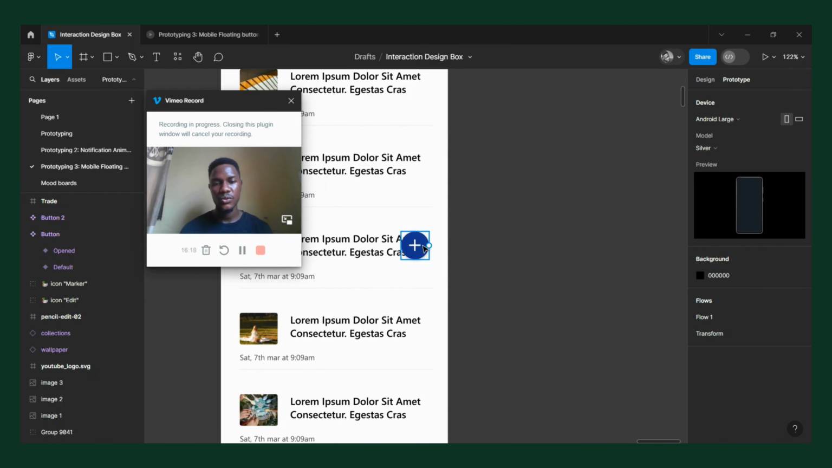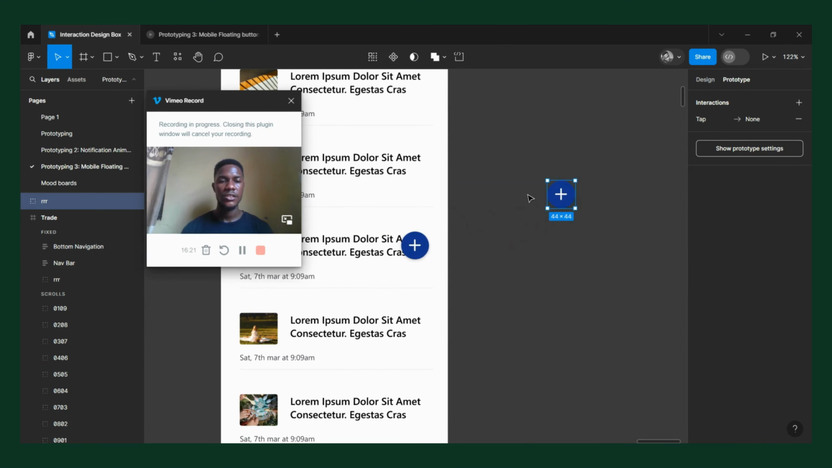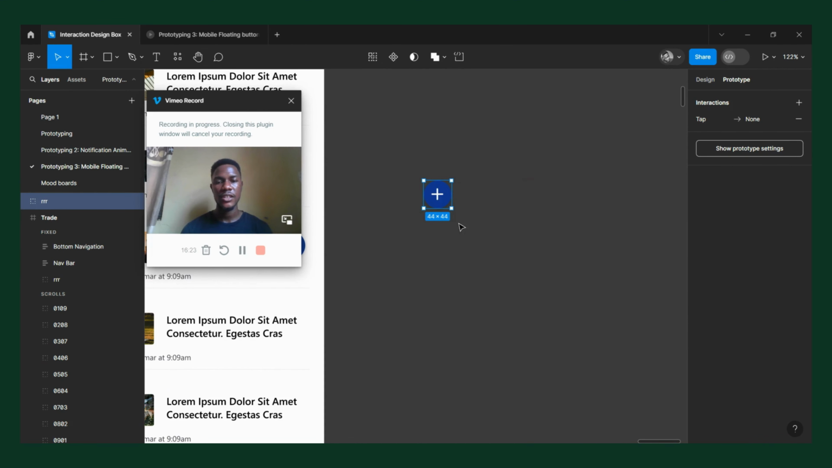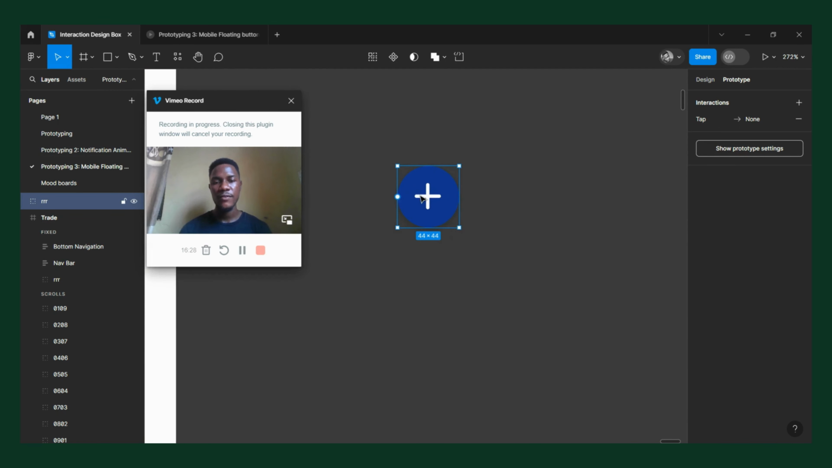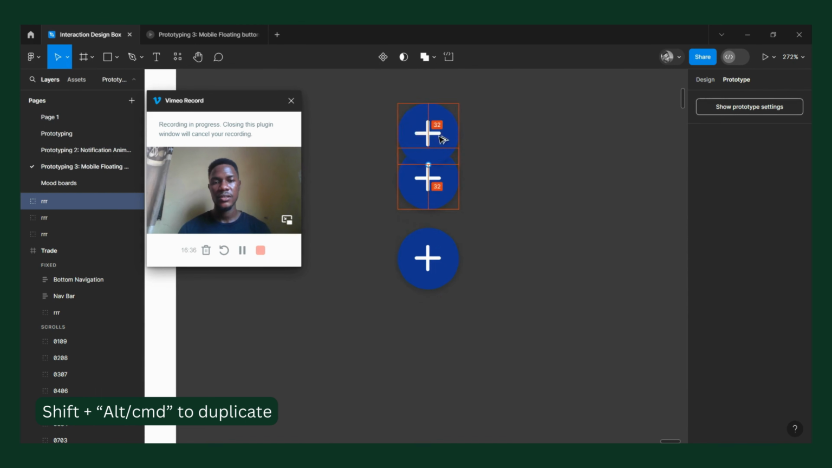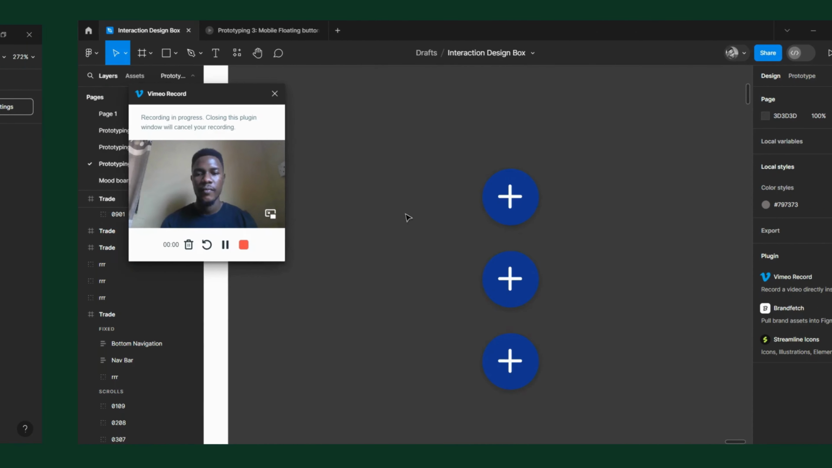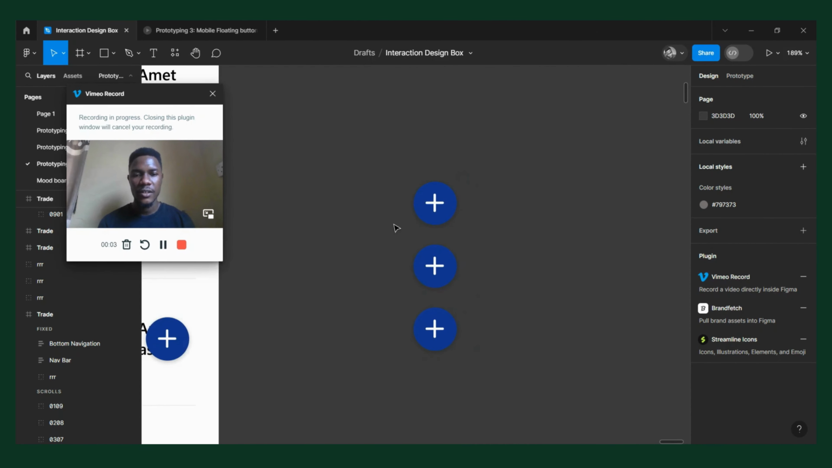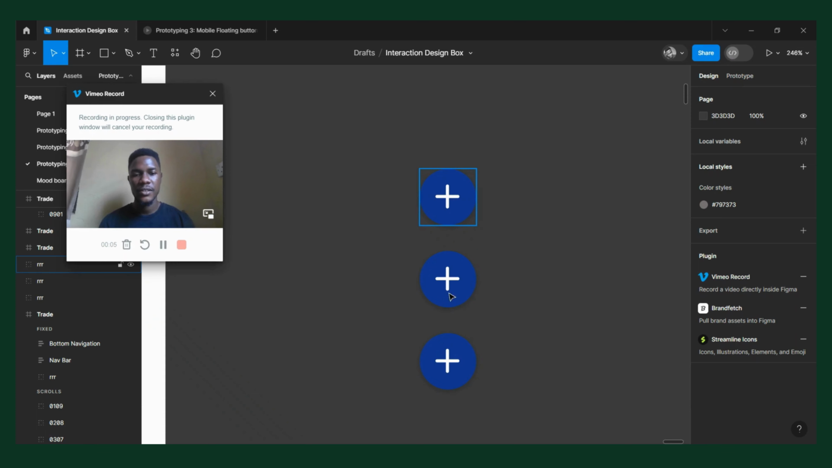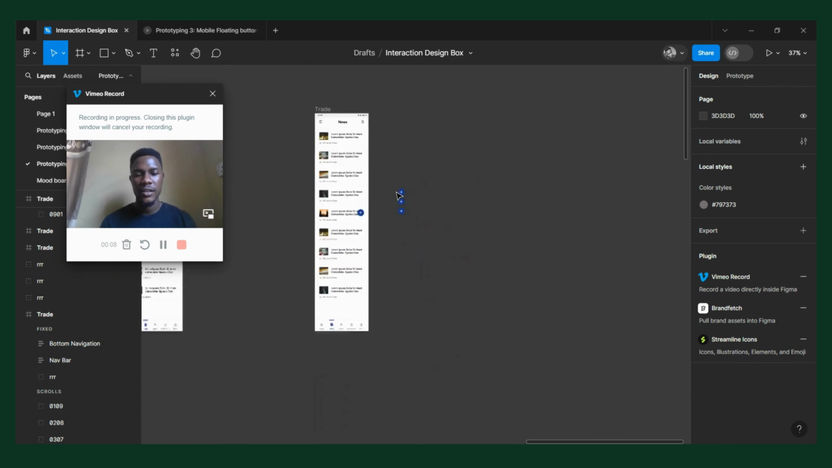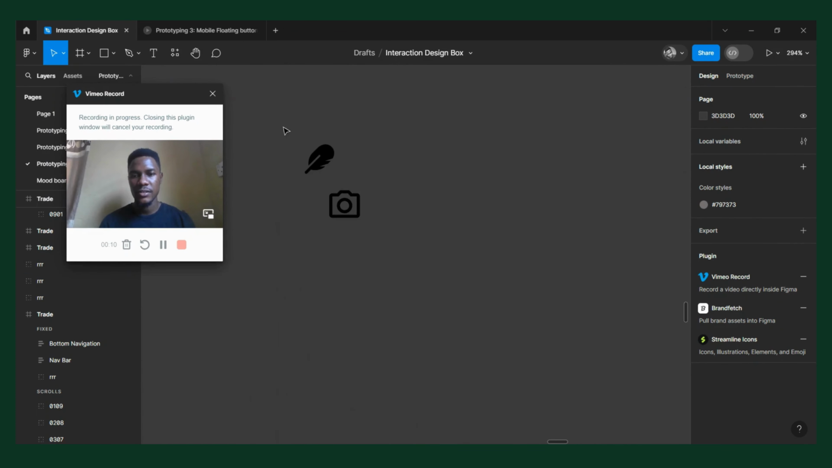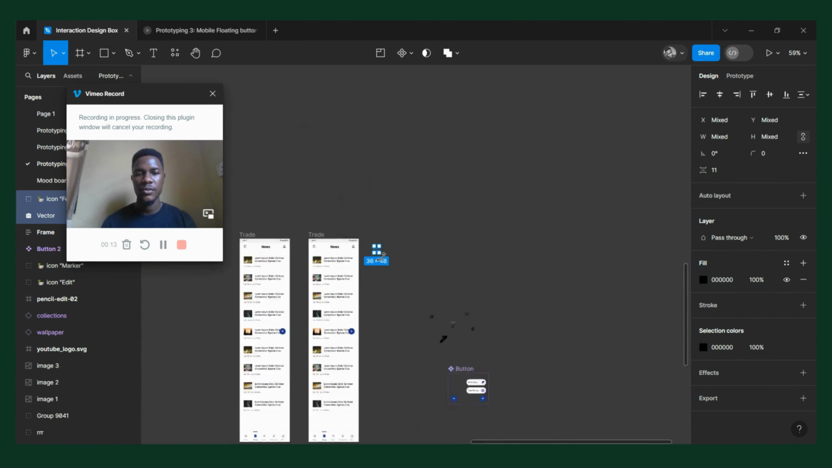So the first thing we want to do is have this as a component. But before we create components, we have to first of all do this. So we need new icons to replace these two buttons. I had some icons that I wanted to use. I'm just going to